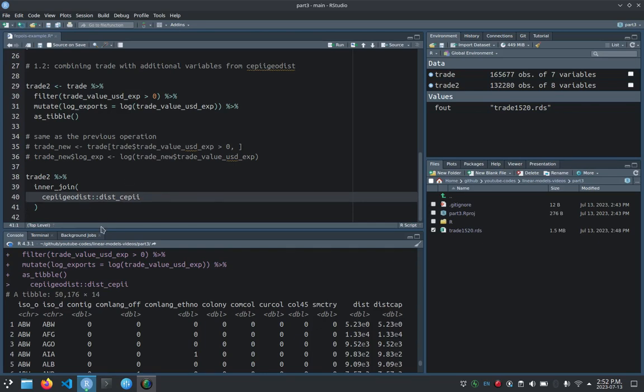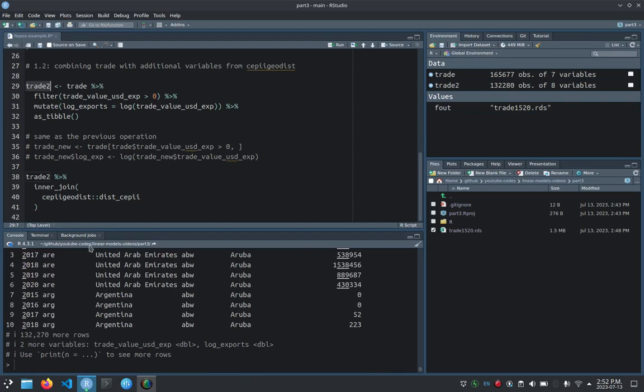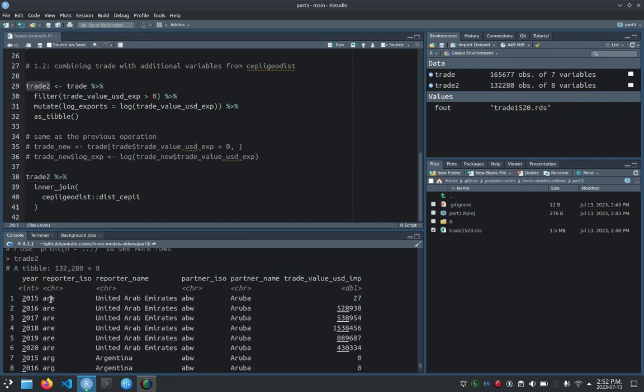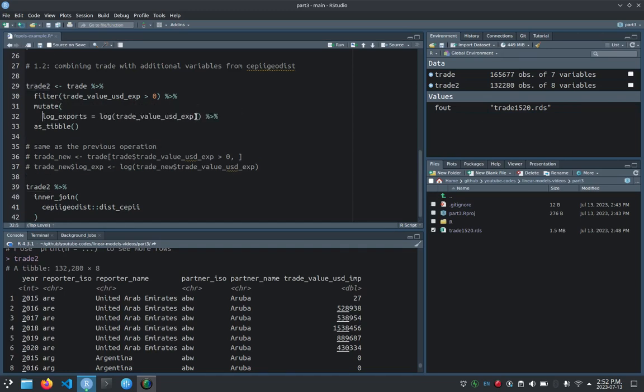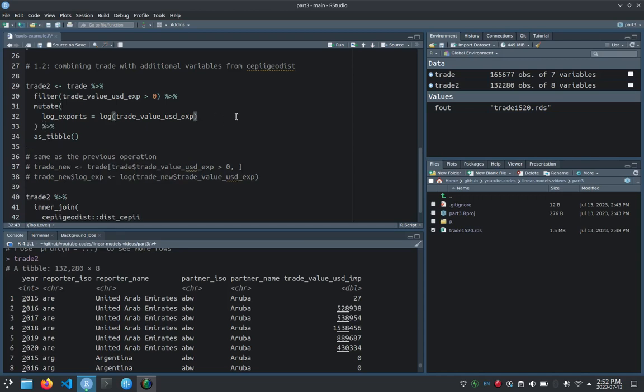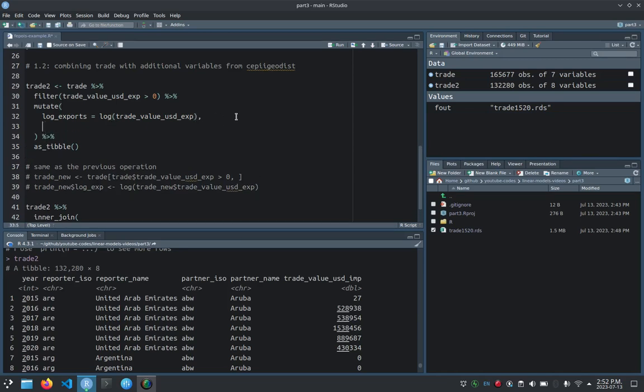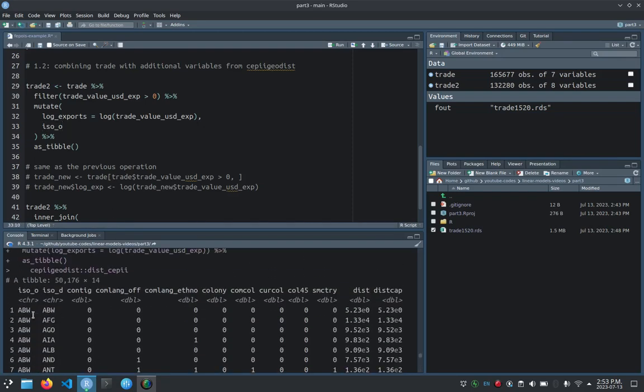So here we need to be careful because the origin and destination is in uppercase, while in our table with the exports, this is in lowercase. So we can also conduct a few additional operations. So now we can expand our mutate, and we can create an ISO_O, same as the distances dataset. We can set an origin variable,